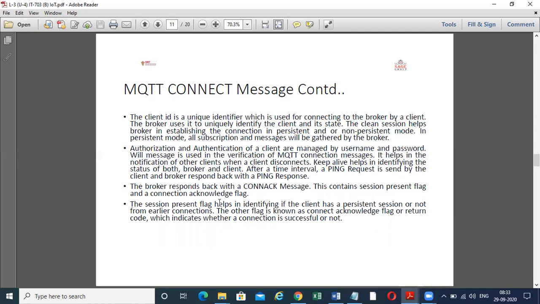The will message is used in the verification of the MQTT connection message. It helps notify the other clients when a client disconnects. Keep alive helps in identifying the status of both broker and client. After a time interval, a ping request is sent by the client and the broker responds back with a ping response. The broker responds back with a connect message,